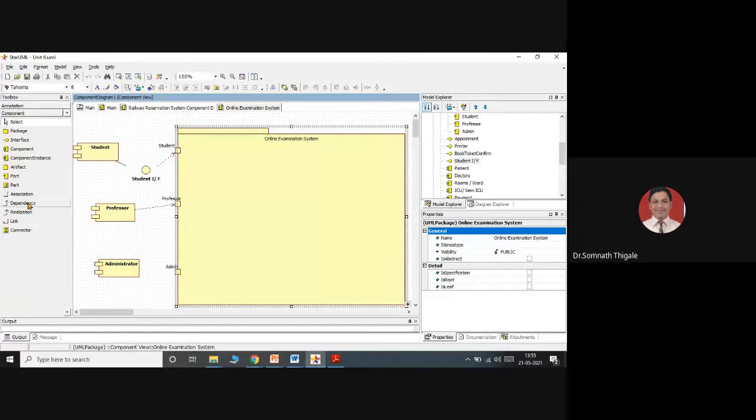So connect this part with this relationship. I'm just connecting with the connectors because admin will have a direct association. I'm using the connector scenario, but it is not allowing. Might be my system issue.